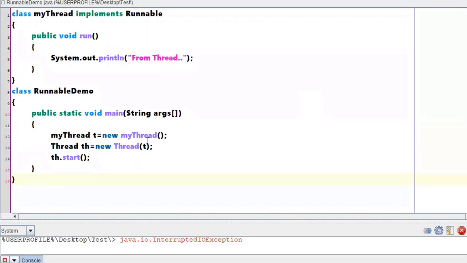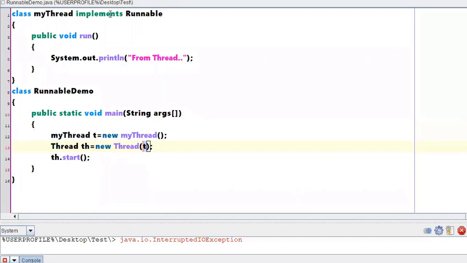In our example, if I'm not passing this argument, th.start will call the run method defined in the Thread class. Here we are not extending Thread. If we were extending Thread, then it might have run this job for us.